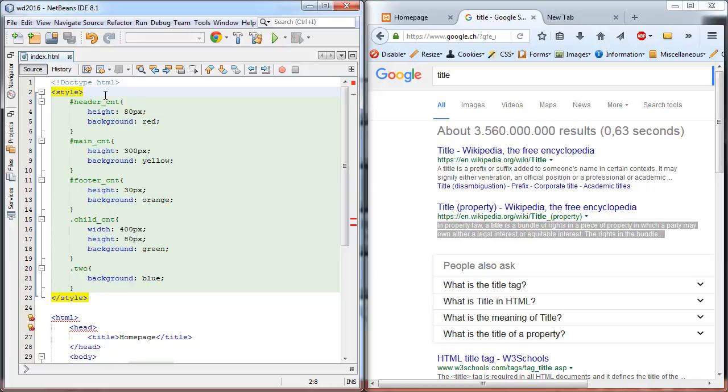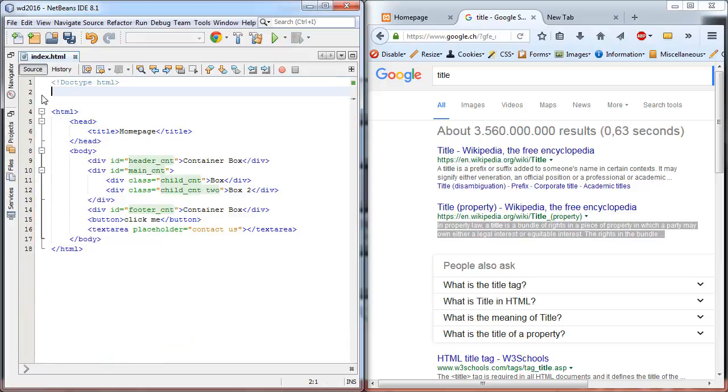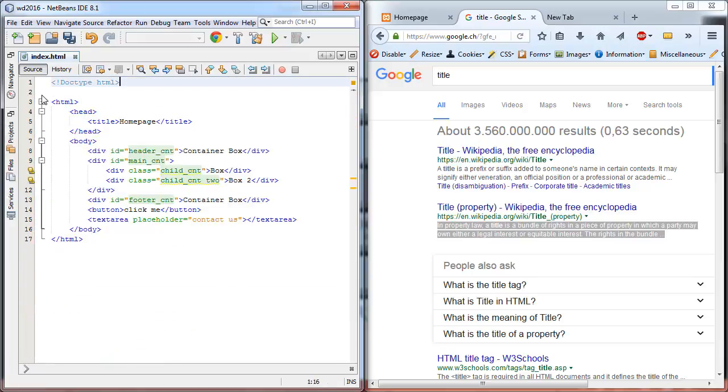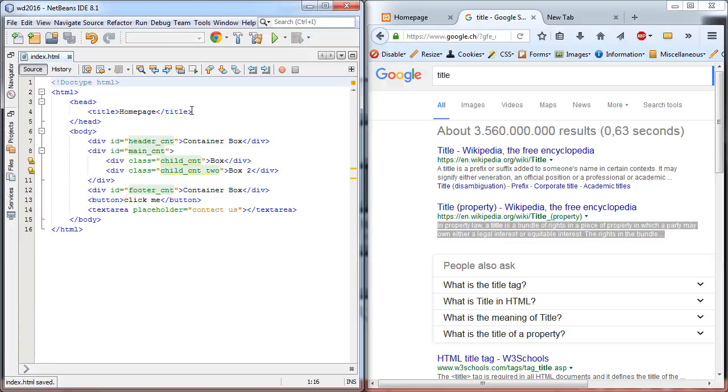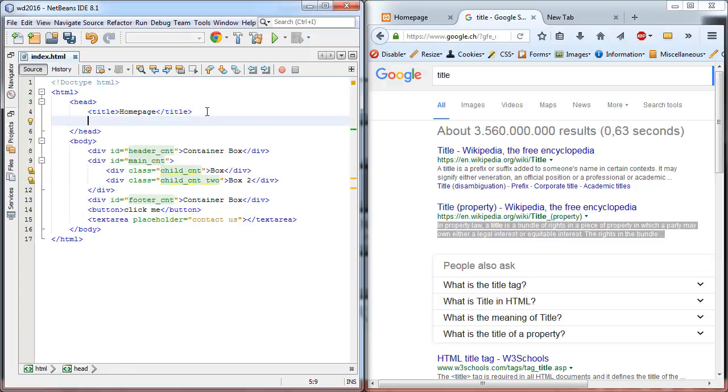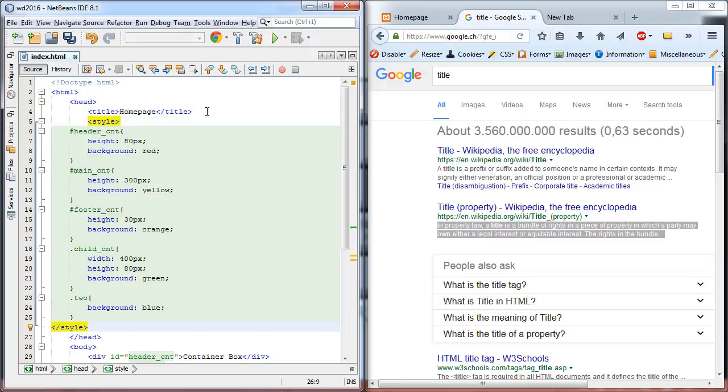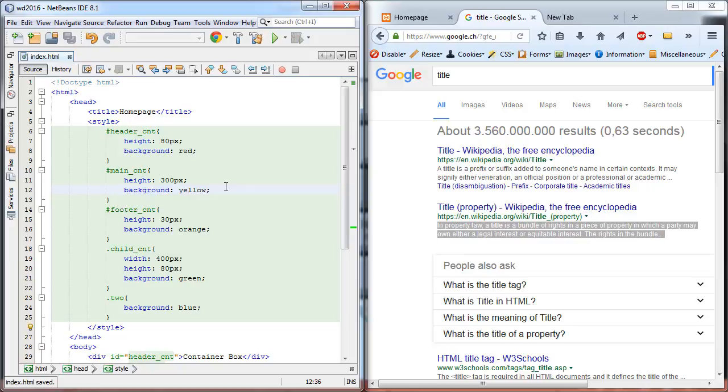And this is it now. Now we have everything that must be there. Nevertheless, we still have an error, because NetBeans is telling us something is wrong. And this is because of our CSS code. And that one, what is CSS code? It's the appearance of the content. And therefore it is something for or about the website, and therefore it belongs inside the head element, right in here. And here we go. And now everything is fine, our code is valid, and we have achieved our second goal